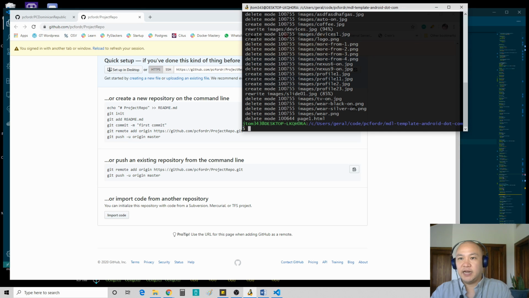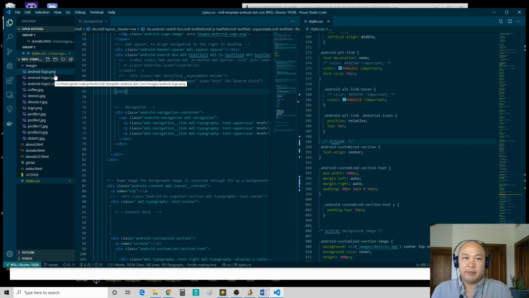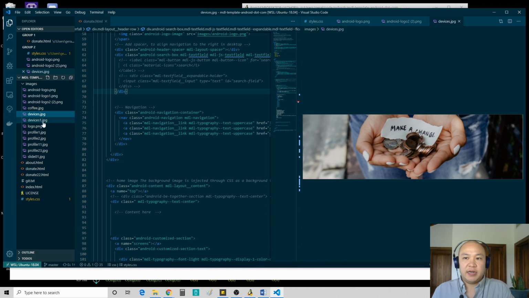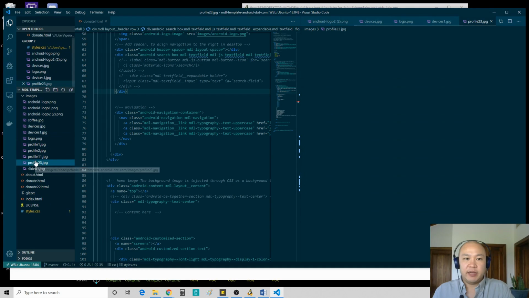Okay, that added everything from my folders here to the Git repository. As you see, I have all this stuff that has nothing to do with the website. I basically downloaded a theme to get going as fast as possible, and I didn't bother renaming a lot of this stuff. So anyway,